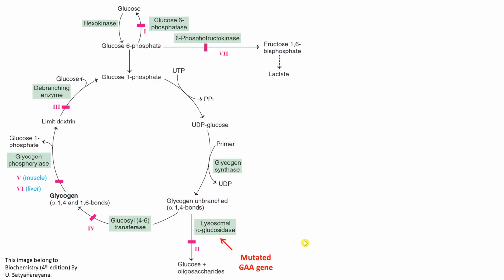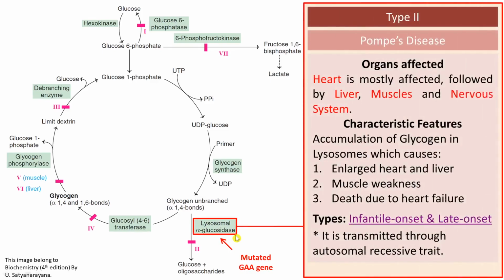The mutation in GAA gene will cause deficiency of lysosomal alpha glucosidase enzyme. And if this enzyme becomes deficient, then there will be occurrence of type 2 glycogen storage disease, which is also known as Pompe's disease. The organs which are affected by Pompe's disease include mainly the heart, followed by liver, muscles, and nervous system. The characteristic features include